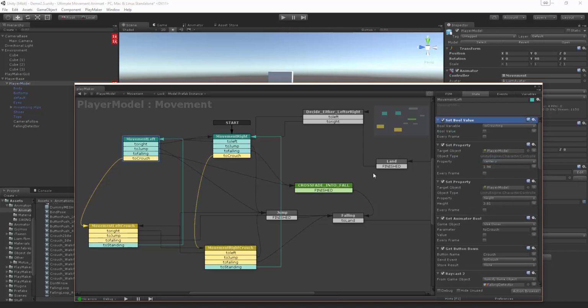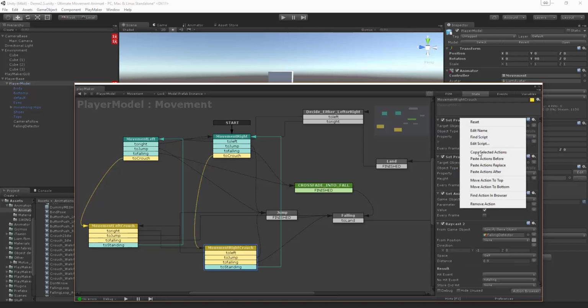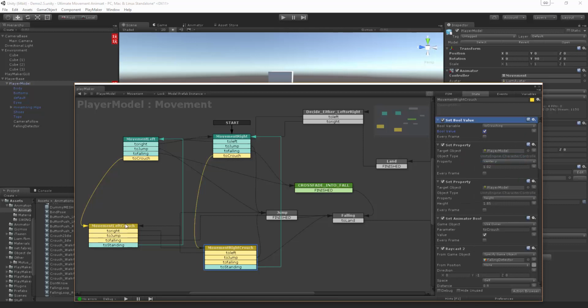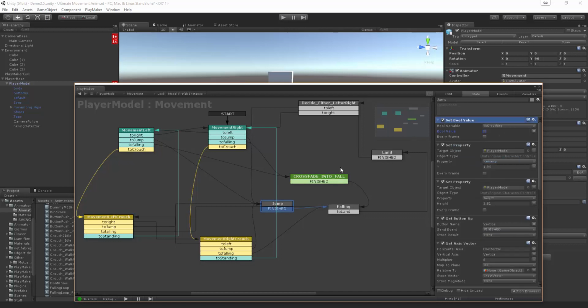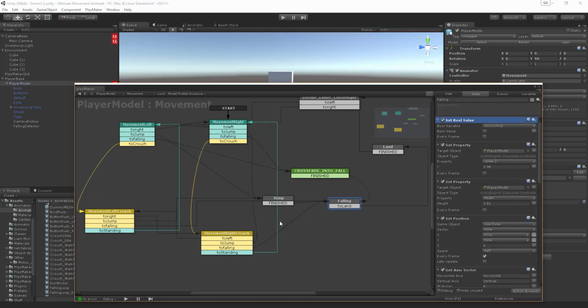copy him in there, and when in crouch he will be, and in this one he will be, and jumping he's not. So let's turn that guy off. Falling he's not, and there's no other ones we have to worry about. So now if we go back to our main camera,